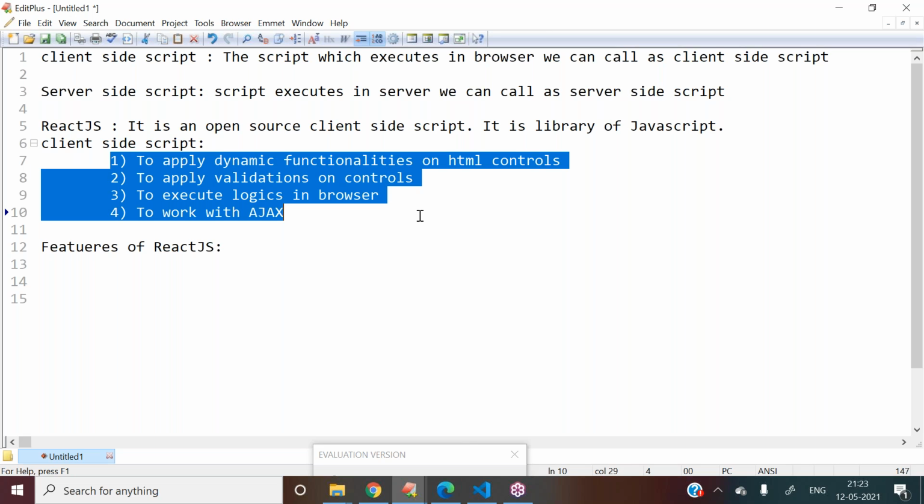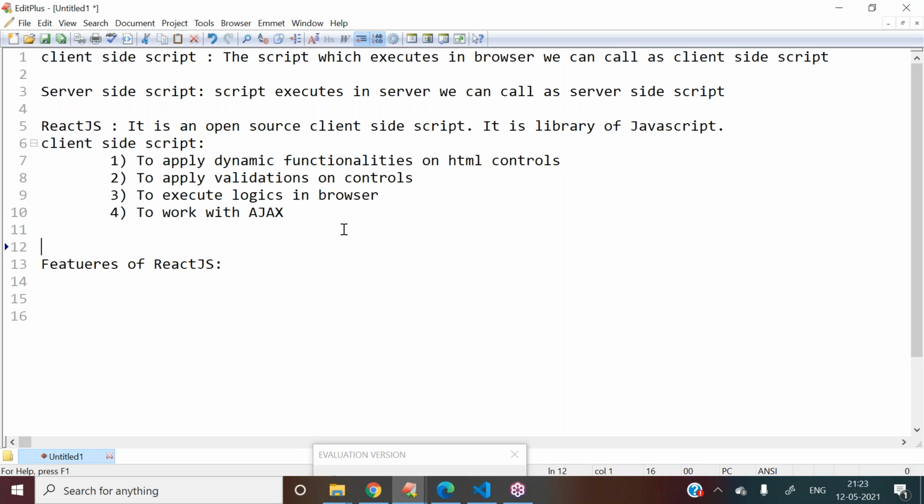Server-side scripts, we are using to work with the database. Okay, you want to connect with the database and you want to perform some operations in the database. In that point, we are taking the support of server-side scripts. Like that, we are using this concept. Okay, fine. Now my next requirement is, first of all, what are the additional features we have in React compared with JavaScript? We will discuss. Before that,